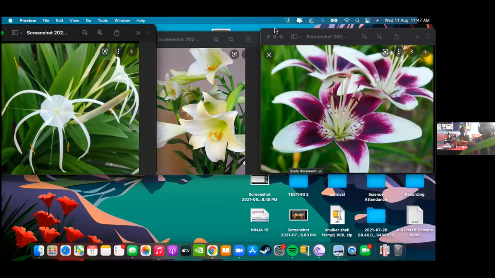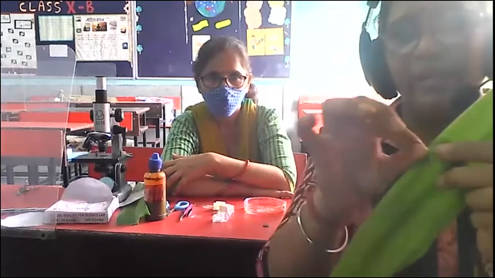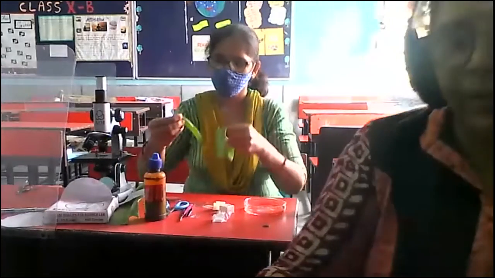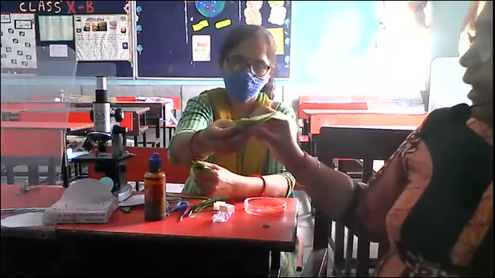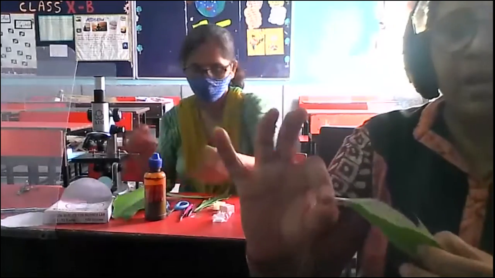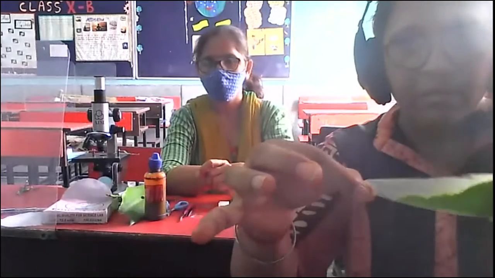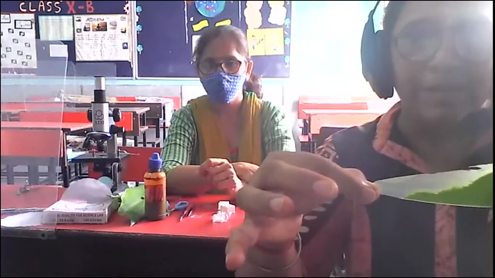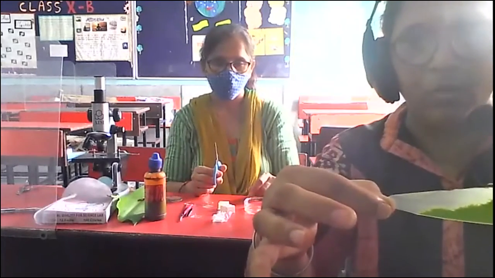We will take this thick leaf of the lily flower, and then we will take the peel of it. We are going to peel it. You can observe biolab ma'am is sitting behind me. So we will peel it. Why? Because the stomata are present below the epidermis. You can see this white layer. This white layer is carrying a large number of chloroplasts as well as xylem, phloem, and other cells and tissues.